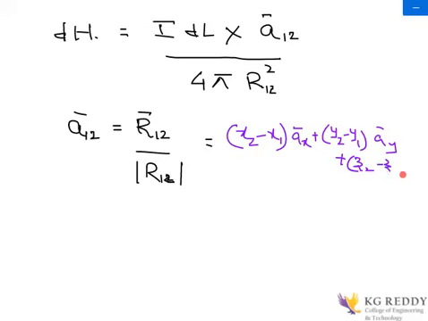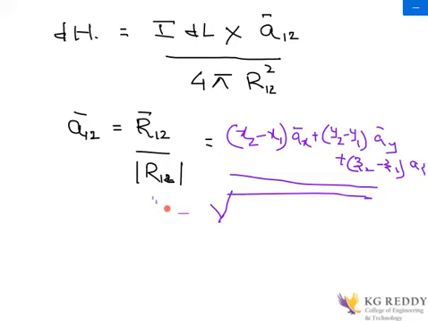So this is the common formula which we already know how to find out the equation. Divided by, so if you want to find out this magnitude, root of. So this r12 we can write using this equation. It can be written by using this, and this can be written by this. Now here, this r12, the magnitude can be found from this vector equation.